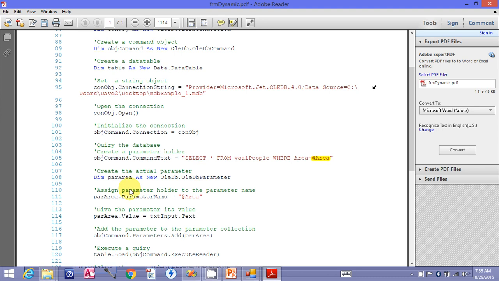Now, how do we create the actual parameter? Dim par area as new OleDb.OleDbParameter. Now, OleDb.OleDbParameter is a built-in class. Now, out of this built-in class, what we are going to do here, we are creating our